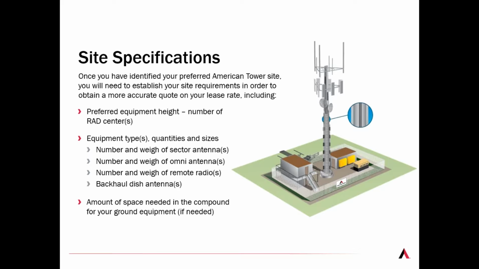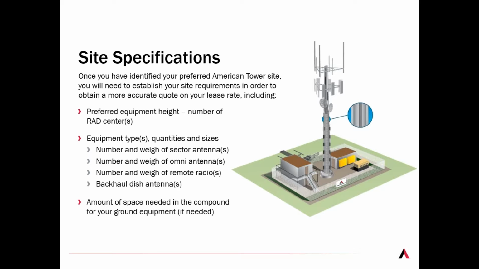We have some customers that are in rural markets that want to use licensed shots, and they're obviously further and longer shots, so they want to use a 4-foot dish. We have some folks that are using a 1-foot flat panel. So it's significantly different from market to market. But what we're really trying to understand is how many APs, how many microwave dishes. That's the real simplest form to put it in, and that you're using a single rad center.